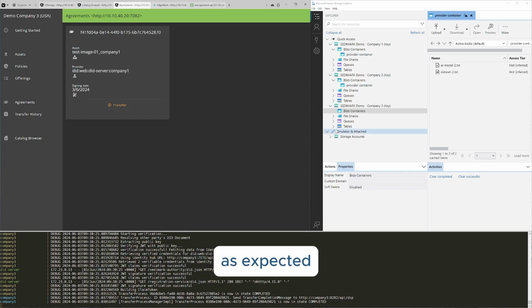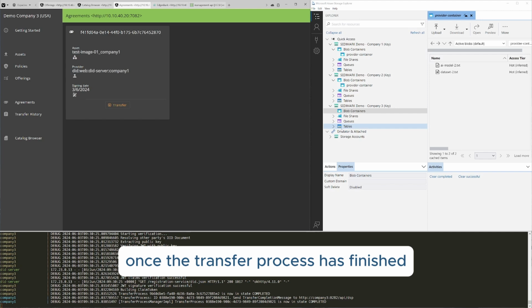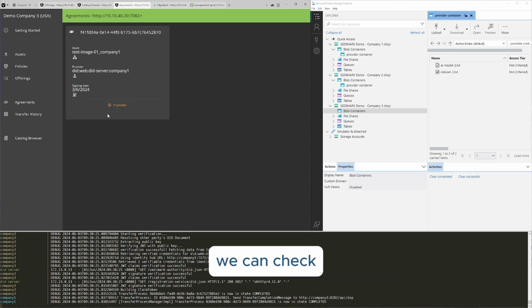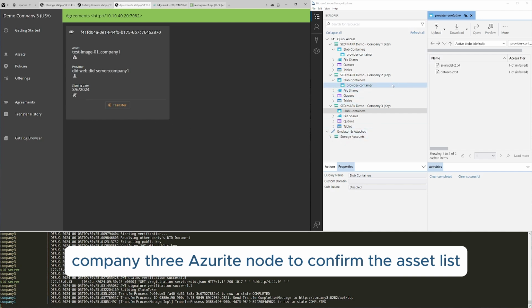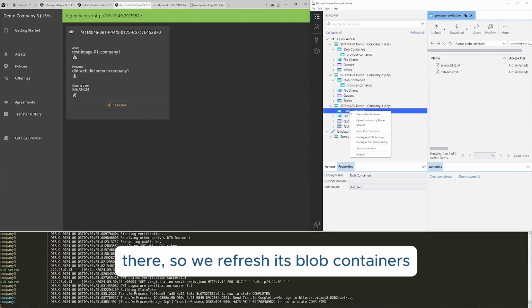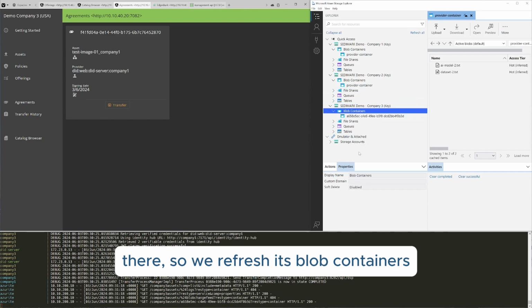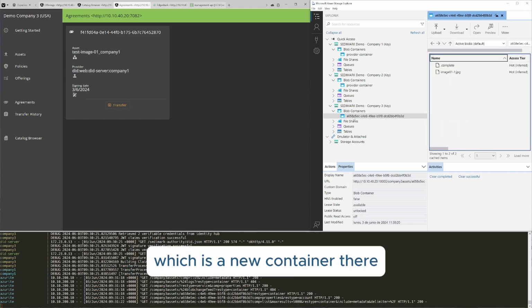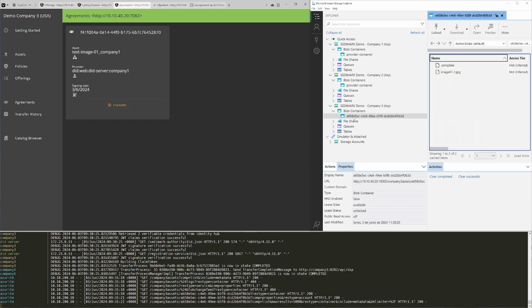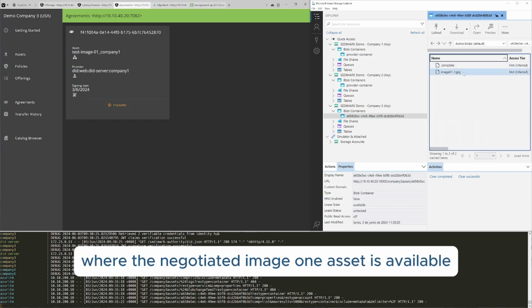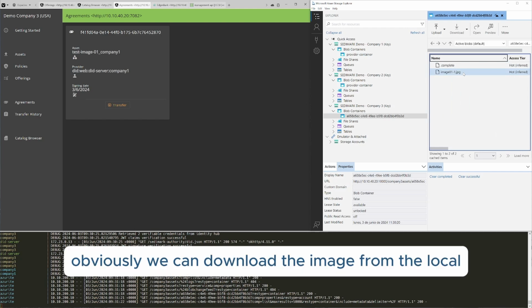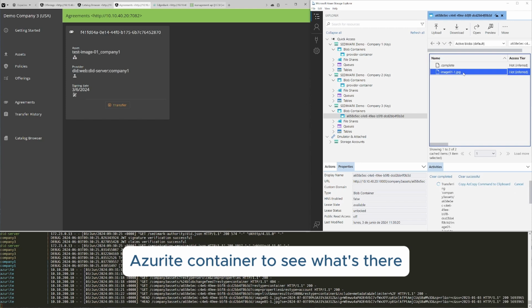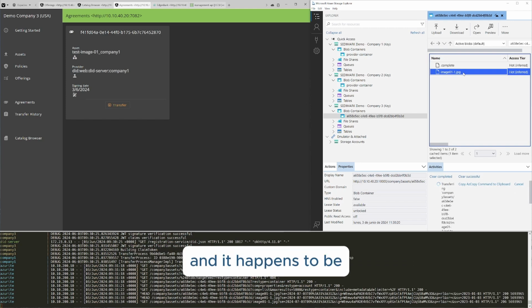As expected, once the transfer process has finished and the agreement has been fulfilled, we can check Company 3 Azure node to confirm the asset is there. So we refresh its blob containers and we can see the up-to-date data, which is a new container there, where the negotiated image 1 asset is available. Obviously, we can download the image from the local Azure container to see what's there. And it happens to be,